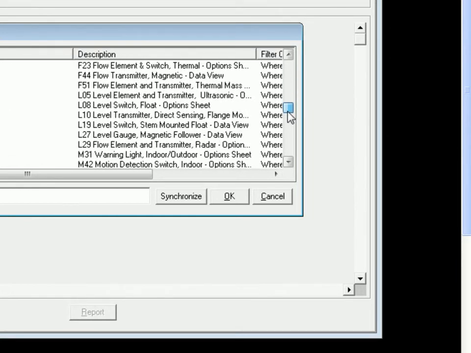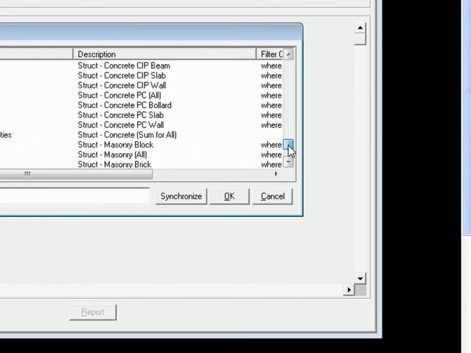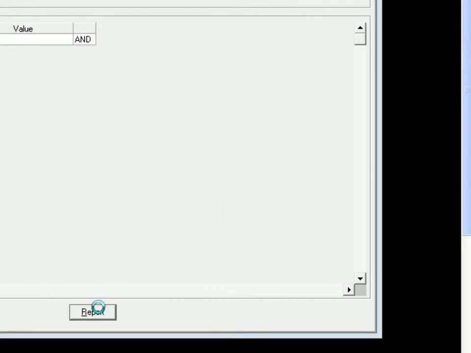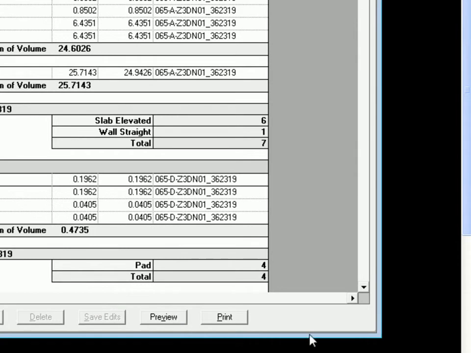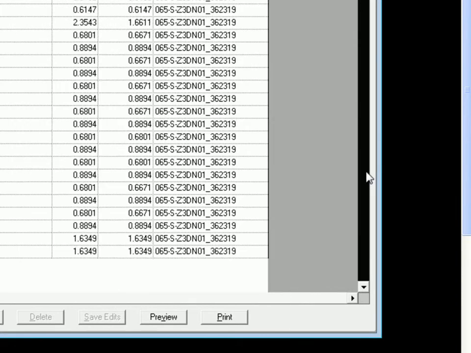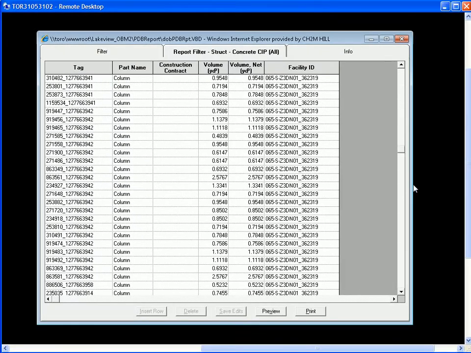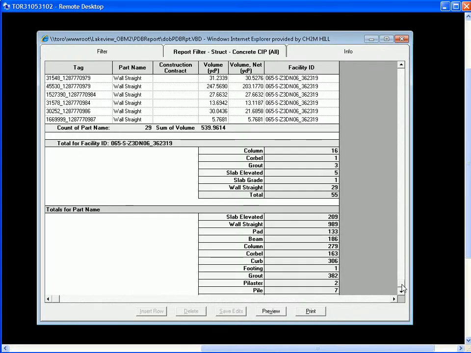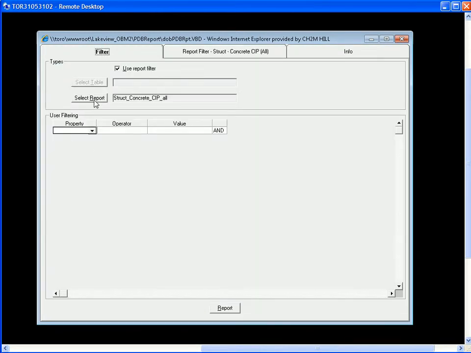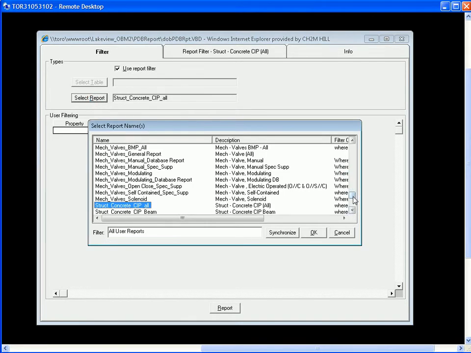And within these reports, if I select, for example, concrete cast in place, and say report, it basically reads into the model and will provide me with every single piece of concrete, its volume, and where it came from. And you can see this is an example with quite a bit of concrete. If I come down to the bottom, I can get a total sum of concrete, pass this information on to the cost estimators. The project database is good so long as it reads your files, which is the first thing,